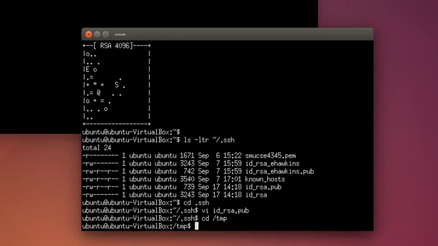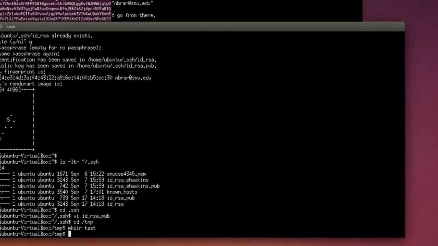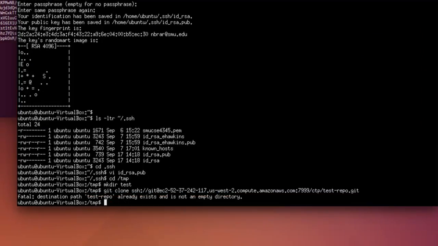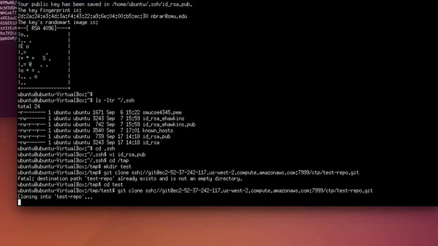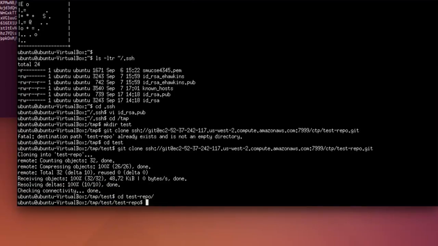So go to the temp directory, create a test directory. There you go, my key messed up there. Test directory, I guess. Change to test directory, which I'm going to forget to do the first time. Git clone, and it says it already exists. Sure it does, because that's from my previous attempt. Okay, I moved to test, I'm cloning it. Now I change it to test repo,